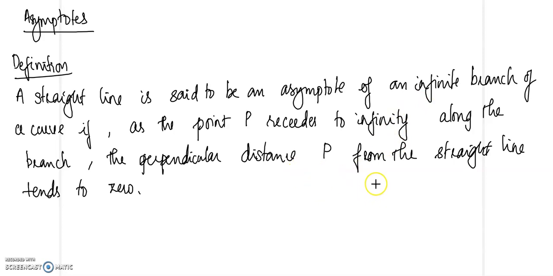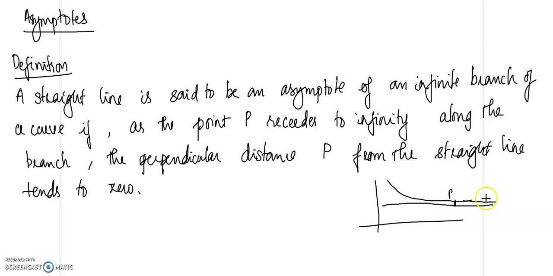Okay. So for example, if you have a curve like this, the curve is receding, and this is a point P. So you have a point P, curve infinitely move ആണ്, and consider a line like this. So the line moves closer to the curve as P approaches infinity. So this is the perpendicular distance between the line and the point P. This distance must approach 0. So if you can find a line in that form, such a line is called an asymptote.